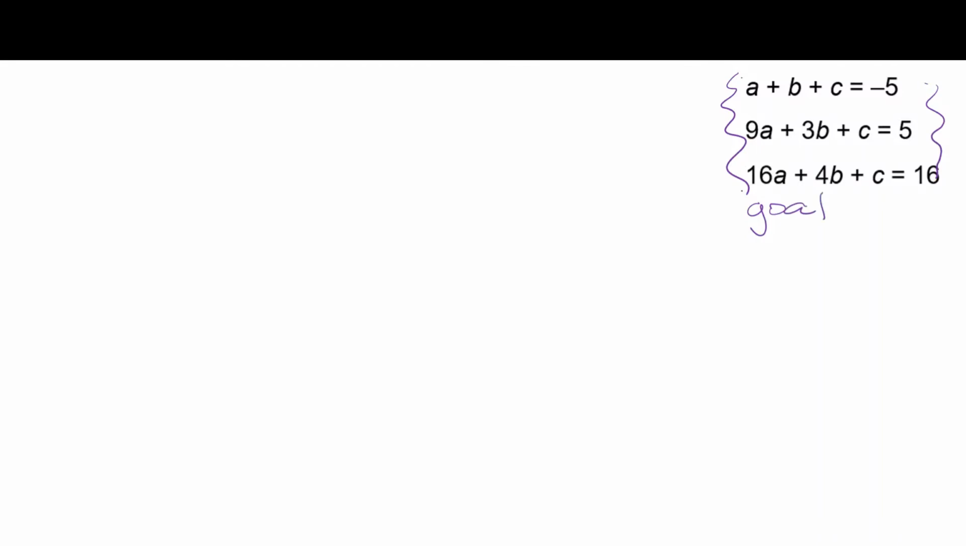Our goal is to find a function, f of x equals ax squared plus bx plus c. All right, so I'm going to do some elimination and substitution, and I see that this a plus b plus c is a really easy equation. So I'm going to take my